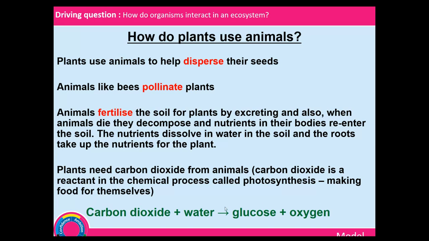Now, I want to say to you, only 1% of the sunlight energy received by plants is used in the process of photosynthesis. 1%. Remember that, I promise you, it's a quiz question. Only 1% of the sunlight energy is used by plants in the process of photosynthesis. Okay,